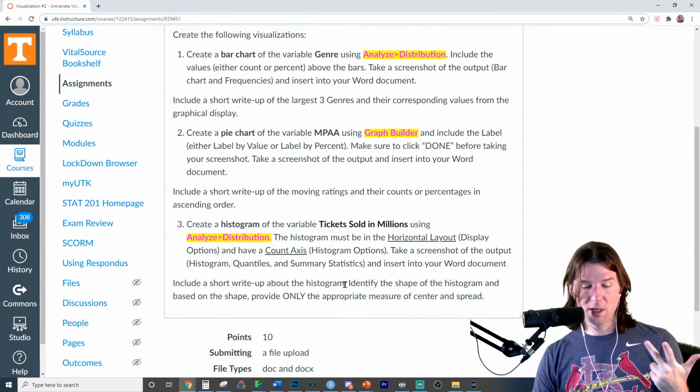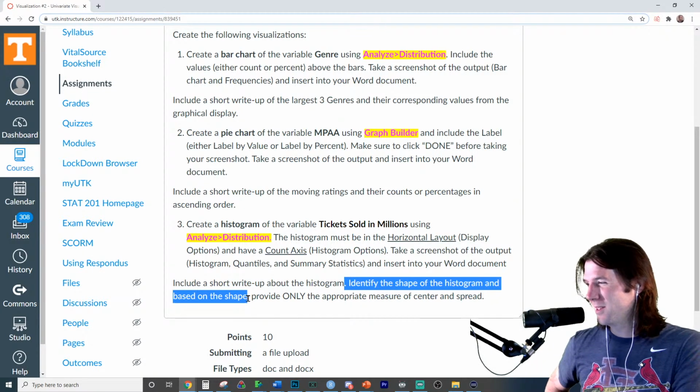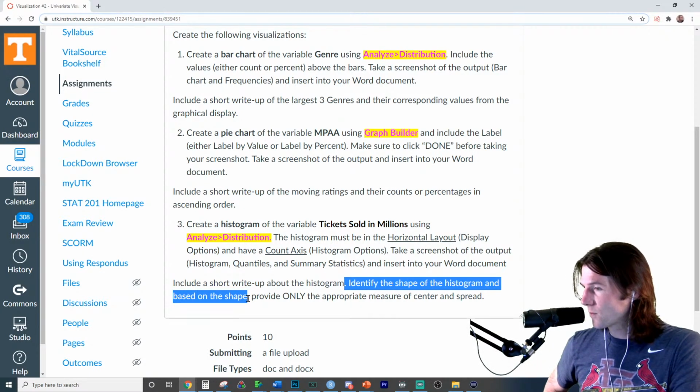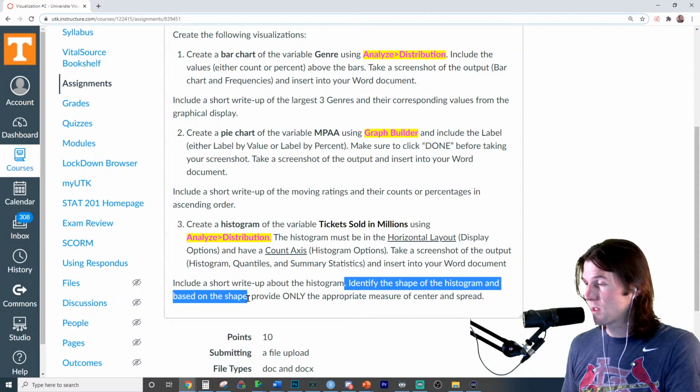So for this portion right here, don't write it up in bullet points like I did. I mean, they should accept that. So does this make sense here, Madison? For this portion, you should write some full sentences, like you're writing a report to someone